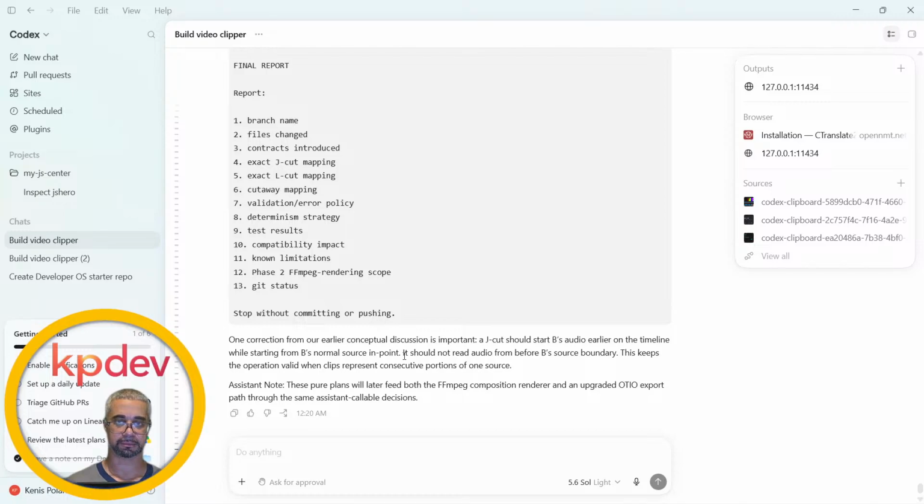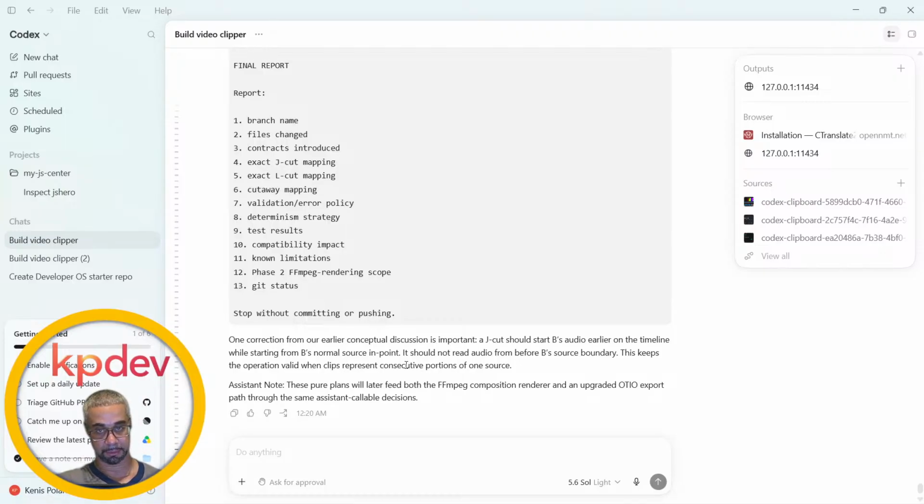So we're talking about clip B. Start the B audio earlier on the timeline while starting from B's normal source endpoint. Yeah, of course. It should not read audio from before B's source boundary. This keeps the operation valid when clips represent consecutive